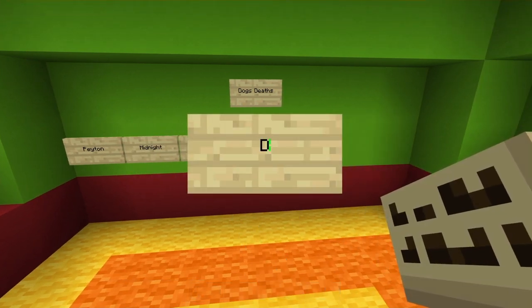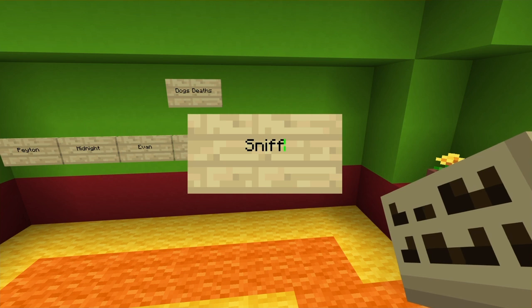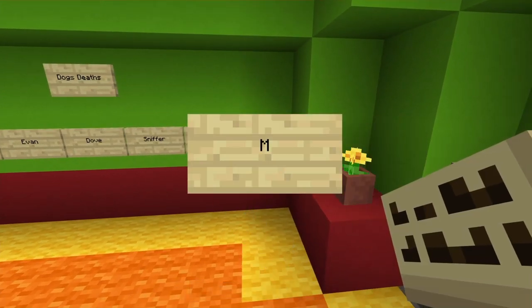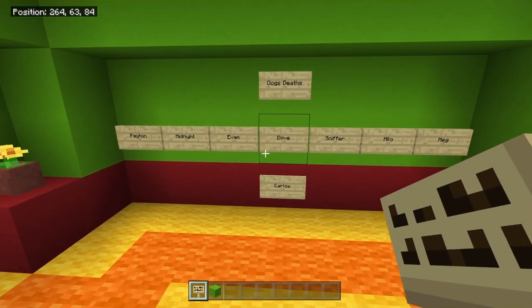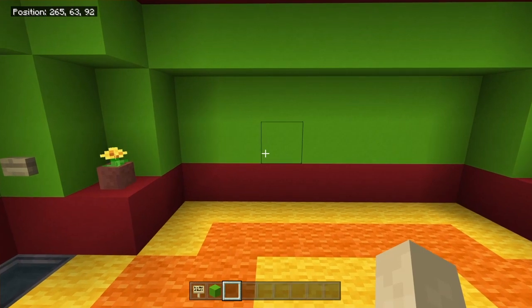Dove. Sniffer. Milo. I'm guessing this one says Meg. And then right down here in the middle we've got Carlos. So that's the dog death signs. I'll just let you guys see that now. And there you go. Moving over here we've got